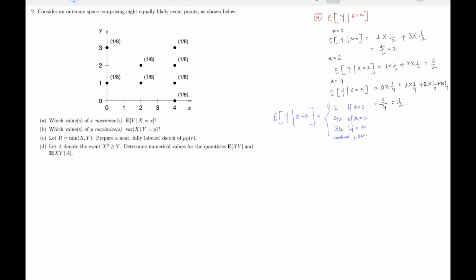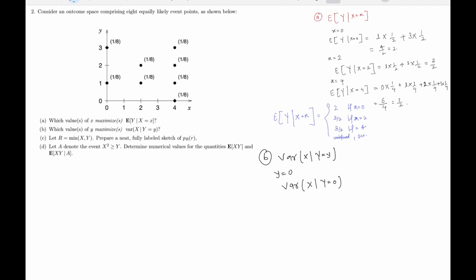So let's look at the case. Basically we are talking about the variance of this random variable x given y takes a certain value, that is little y. So we will have the variances of x based on whatever value y takes. What are the values that y can take? Let's look at the case where y takes the value 0. So we are finding the conditional variance of this random variable x where y takes the value